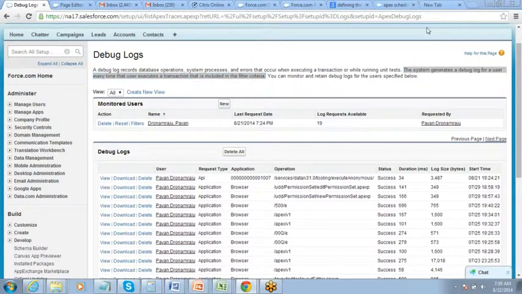Now what all things are tracked under debug logs? Give me a moment, I will show you.